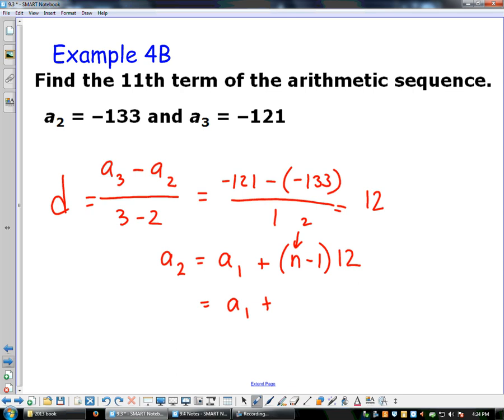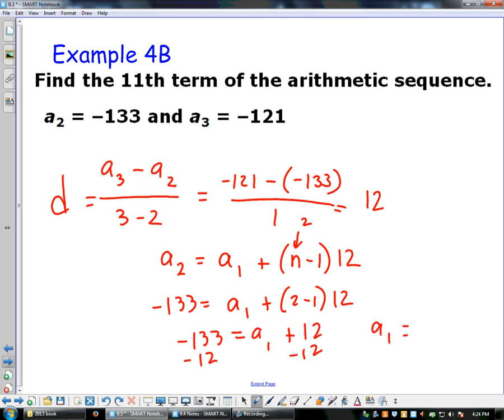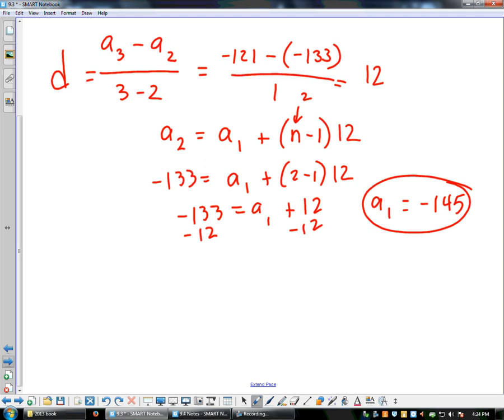So a sub 2 is negative 133, which equals a sub 1 plus 2 minus 1 times 12. So negative 133 equals a sub 1 plus 1 times 12. Subtracting 12 from both sides, we're getting a sub 1 equaling negative 145. All right, so that's our starting value, and that lets us write our explicit formula,